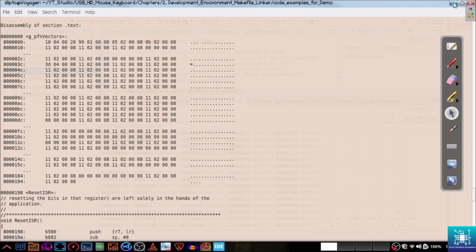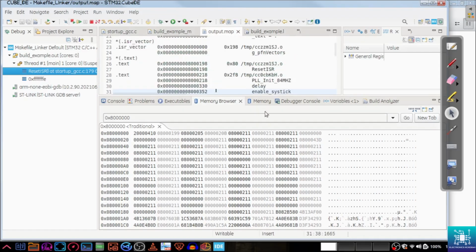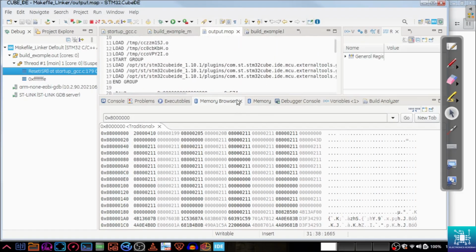So here you don't have the one added, it's just the plain top of stack. Then from here the interrupt vector table starts. So 8000198, that is the actual address for the reset handler, but we have it as 199. Then 800204, so it will be 204 if you look at the